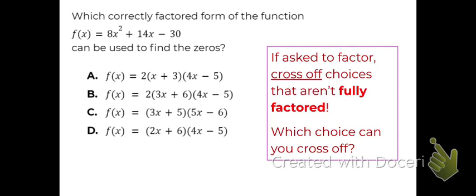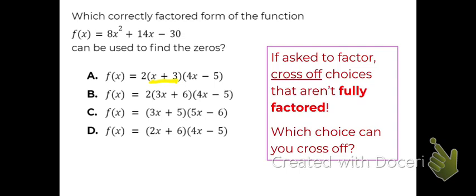So when you're given a question like this, they're giving you a polynomial. They want to know which of these is showing it in its factored form, where if you were to multiply these, like using the FOIL method, you would get this. Now, 2 of these probably, if you multiplied it out, would get you this. But one of them is not fully factored. So it has to satisfy 2 criteria. It has to be the same as this when you multiply it, and it has to be fully factored. So I think the first thing you should do is look at the choices and cross off any that are not fully factored. So if we look at choice A,